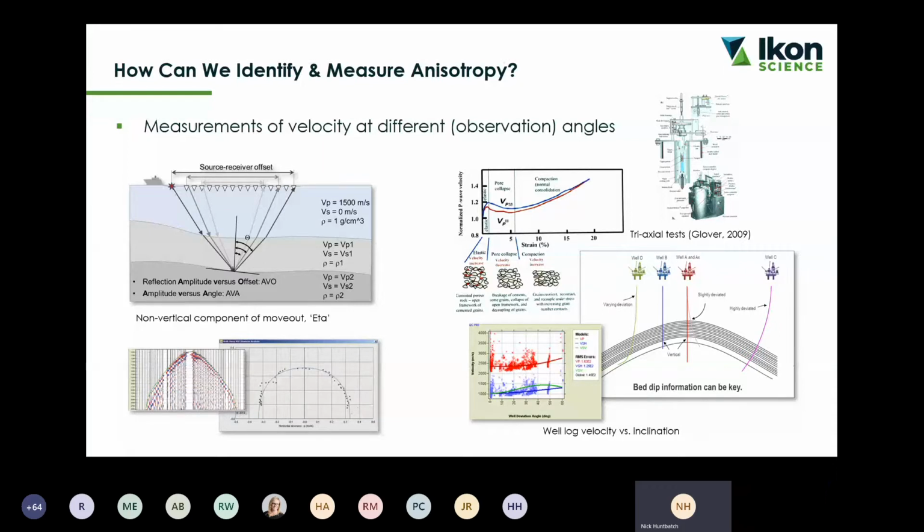So indeed, there's a lot of published information, published anisotropy parameters out there, so we can turn to the literature, and indeed even something more crude such as empirical relationships to velocity ratio, etc. So there are a number of different ways to come up with parameters to use in our modeling and our inversion, and there will essentially be scale dependent, so we need to make sure that we're using things at the